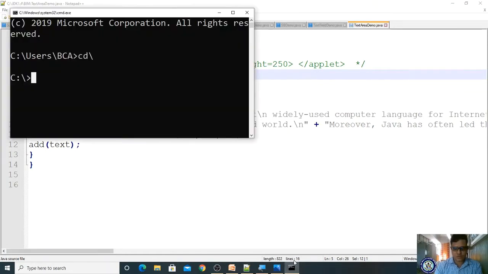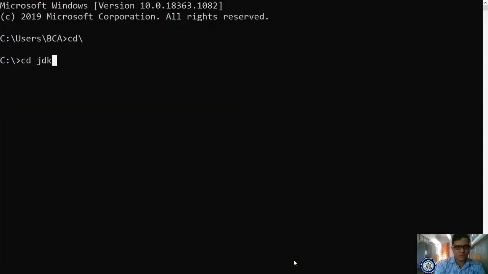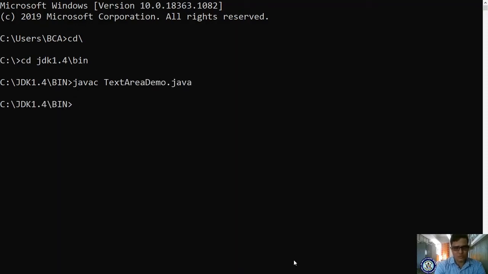Come here, alt enter, cd jdk1.4/bin, javac TextAreaDemo.java. Now run it.